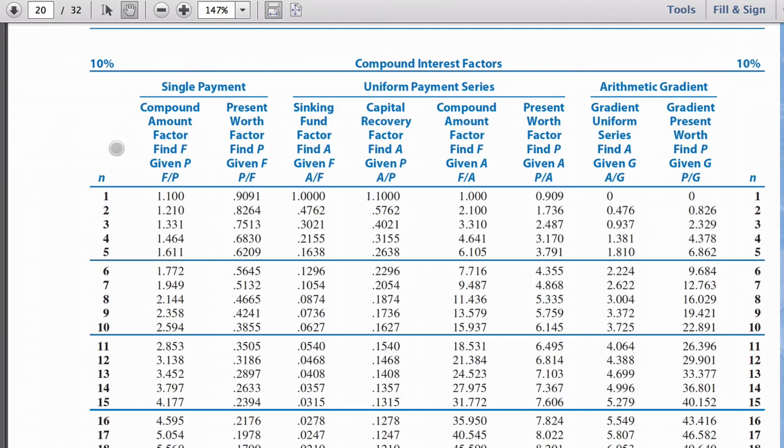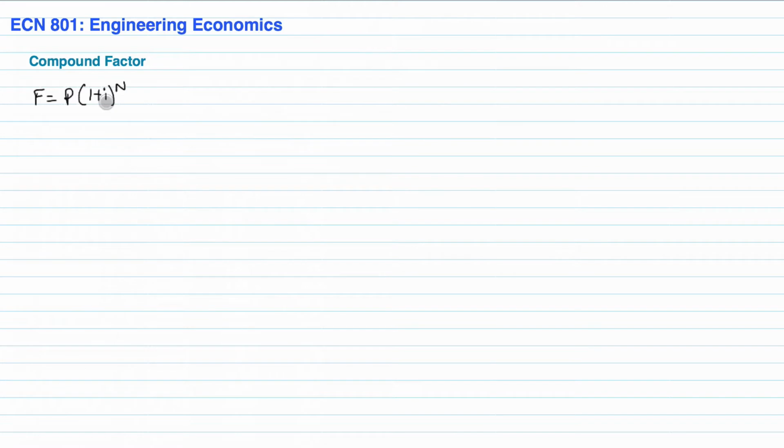Because in school we can't use computers to solve our economics questions and problems, we have to find a way to use our calculators. So rather than using calculators to do these long equations, for example, if you were to find out the future worth of $1,000 for 3 periods at 10% interest, what you would get is